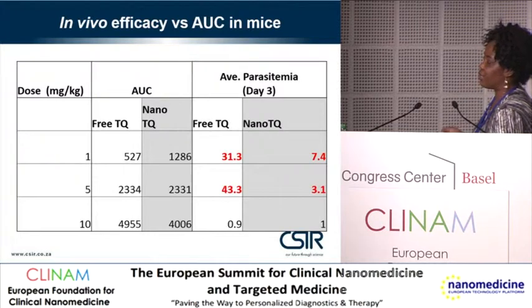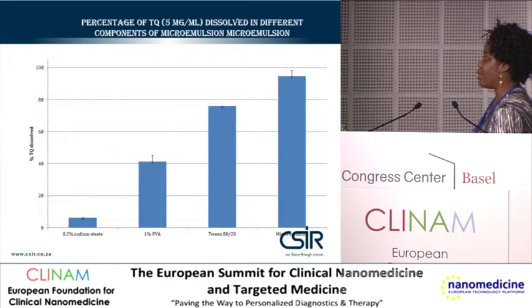So the free drug at 1 milligram per kilogram showed an enhancement, a significant enhancement in the efficacy in infected mice. And these mice were actually allowed to develop parasitemia before the single dose treatment was administered. And we looked at this and we felt it's exciting, but then we needed to explain to ourselves, to convince ourselves